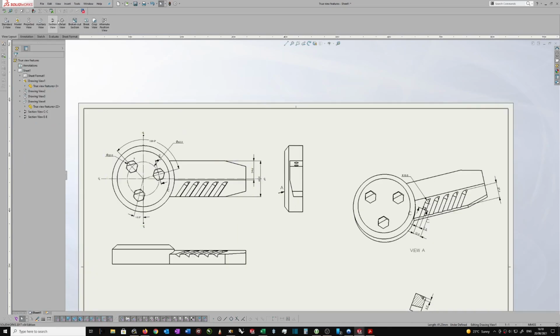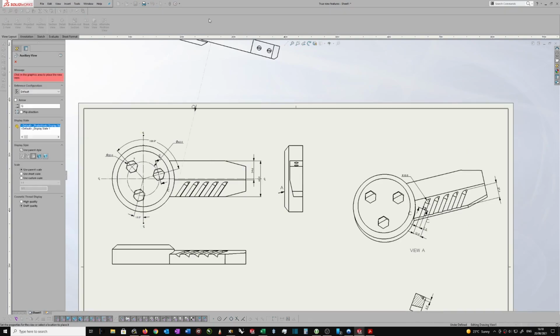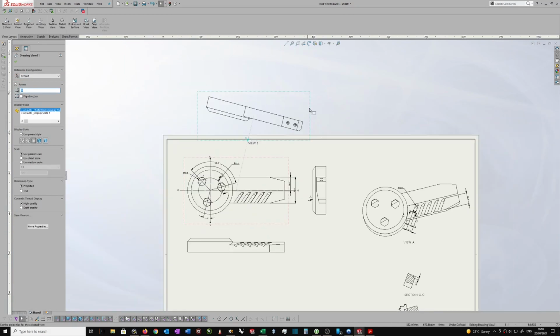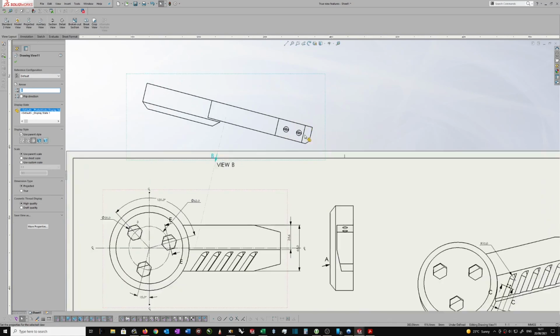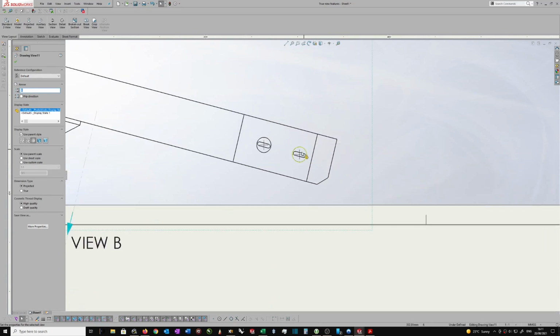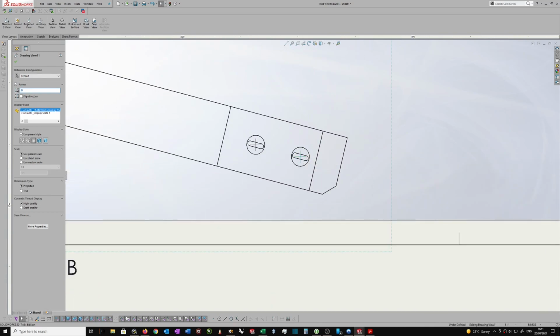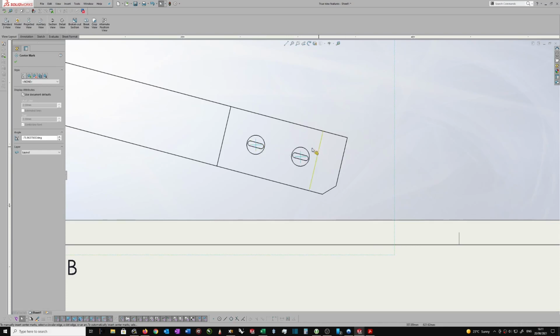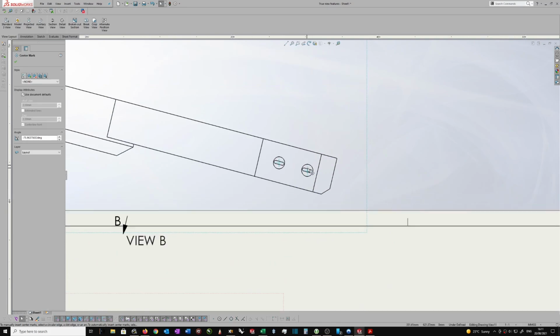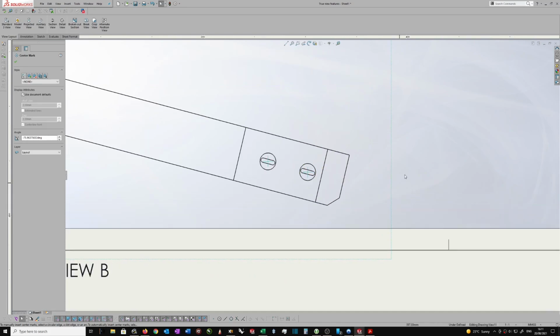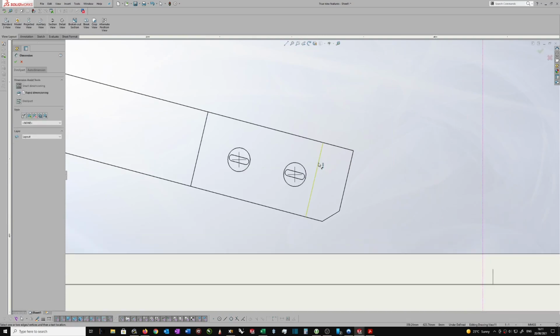Did not like that. Did something wrong there. Auxiliary view. Okay, so I had to click. Once I'd done my letter, I had to click inside the drawing just to see what was going on. So here you can see that these have got center marks, which are aligned sort of according to X and Y planes, not according to the circle, but I can now dimension